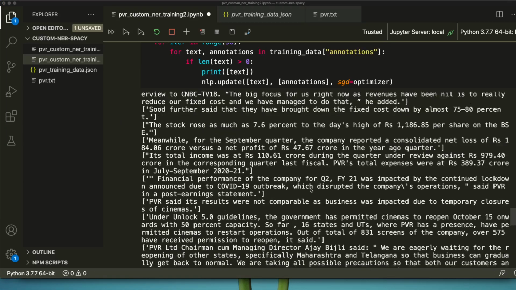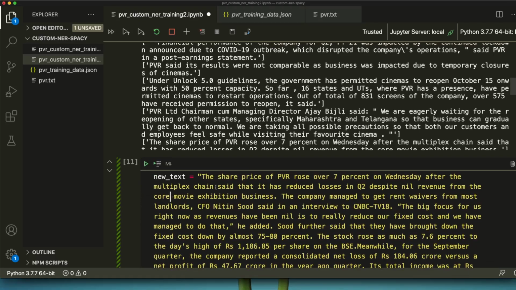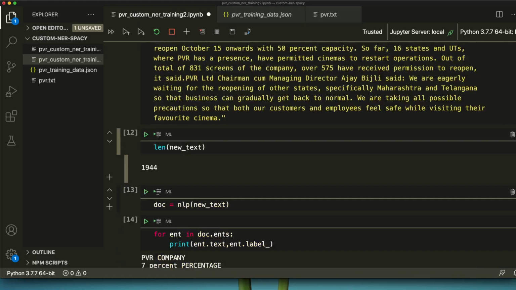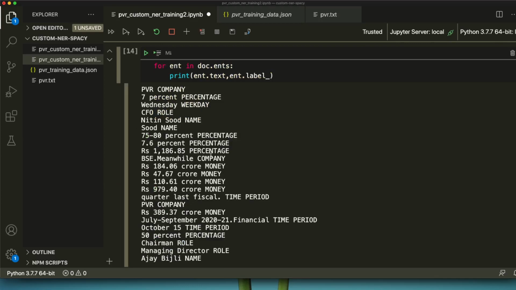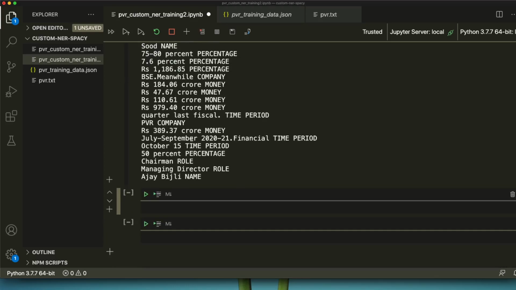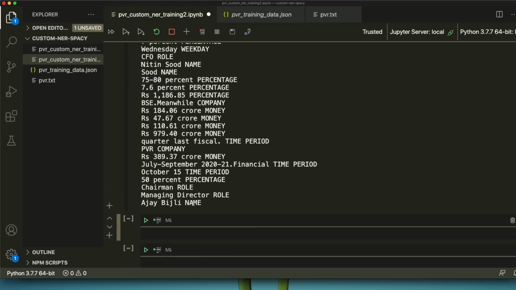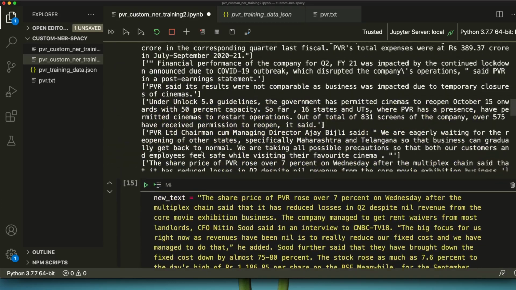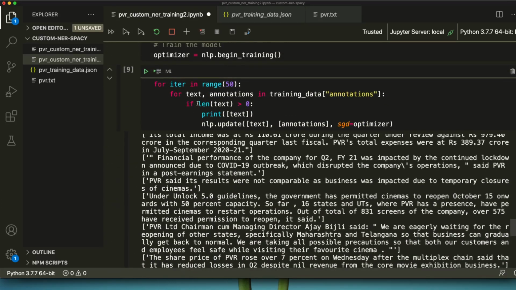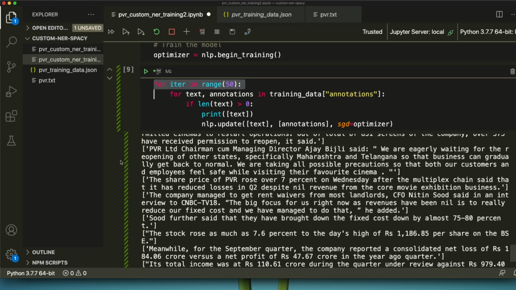Now that the training is finished, we can start adding the new text, and then you can see the length of the text, and then create NLP. I just ran this to see. Now you can click and see that PVR is recognized as a company, 7% is recognized as a percentage. Ultimately you can see that name, role, all these things are there. So the main lesson for us is, one, never deal with multiple instances. Second, if the annotation text is not enough, you have to iterate through multiple ranges so that the data is useful.